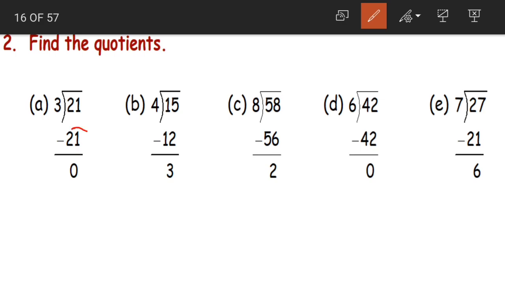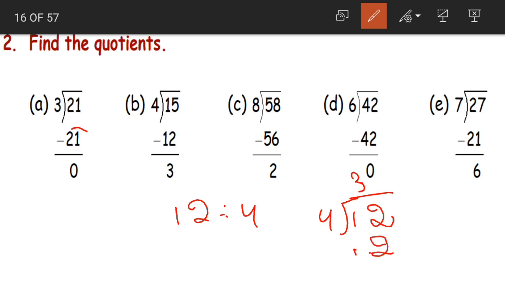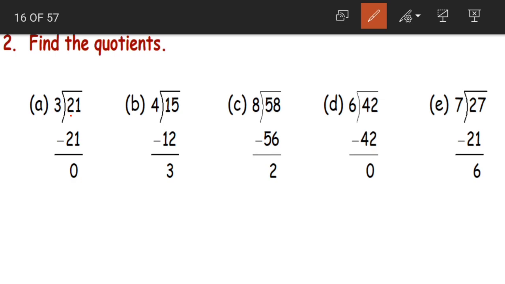Now if you look at this, suppose 12 divided by 4. Where will I write the quotient? On top. How? 4 threes are 12. Yes, so here also, children, we should find out the quotients. We have 21 here, and this is the product that we write, right? 21. When does 21 come in the 3 table? 3 sevens are 21. So 7 becomes our quotient.